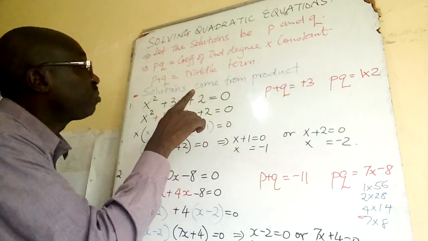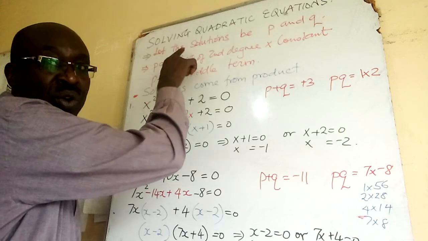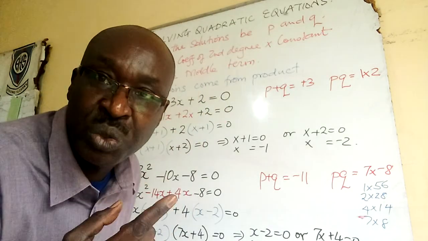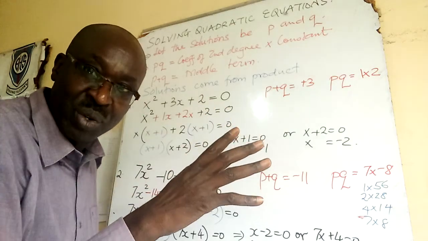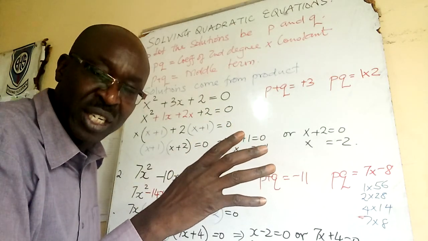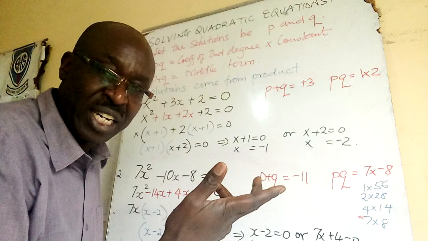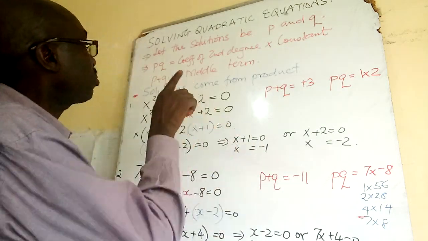So here we are. We are going to let our solutions, which we don't know, be P and Q. Okay? We don't know what they are. So we just let them be P and Q. Then